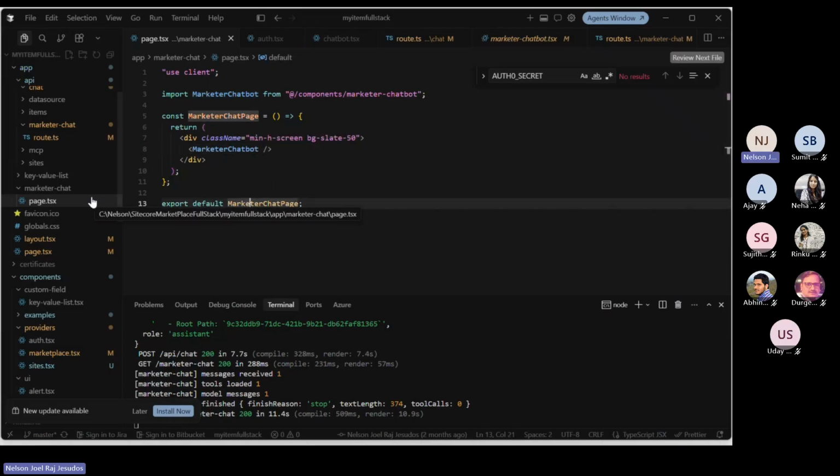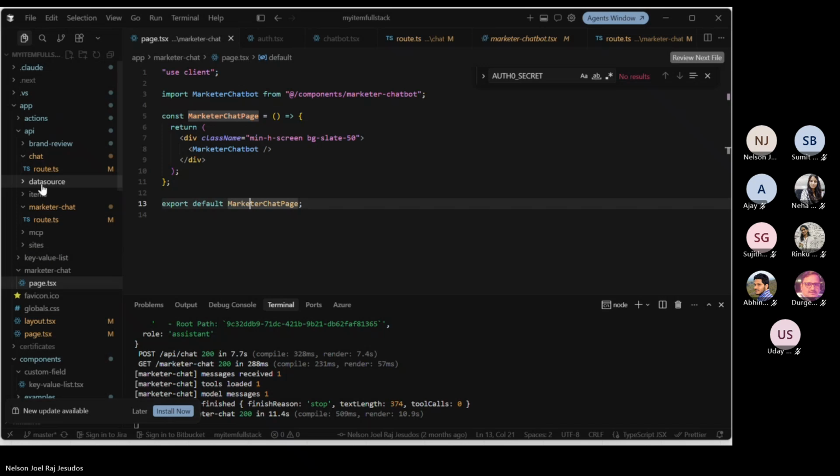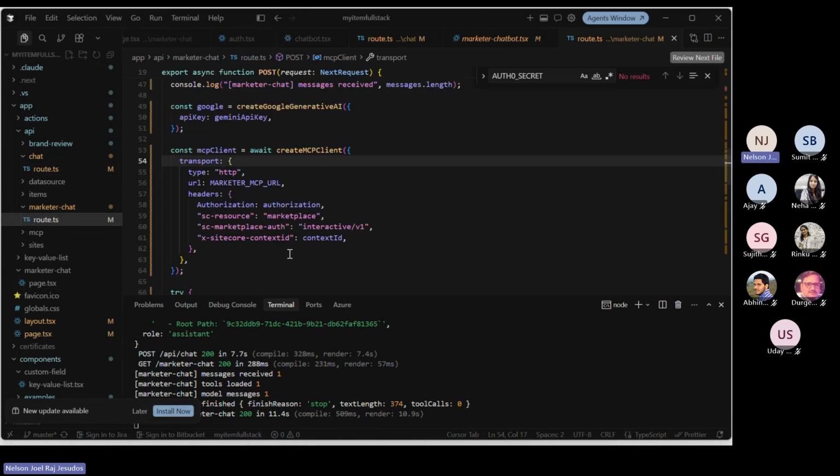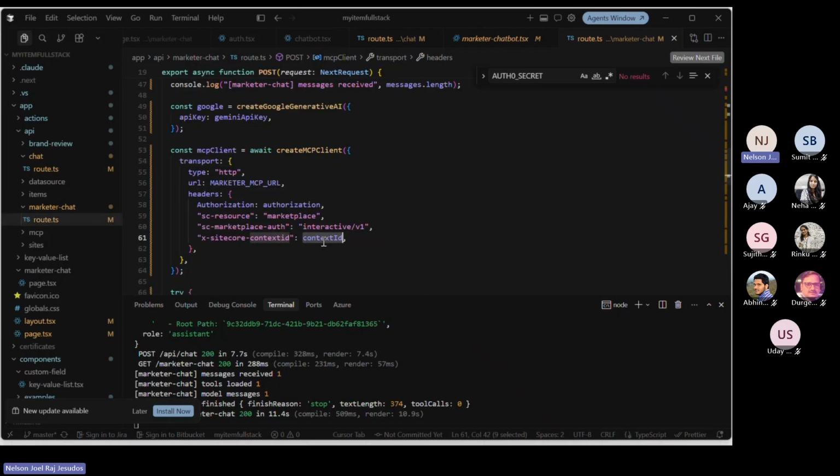So wait a minute. This client, it should be here. Okay, so this is the parameter which I'm talking about. So Sitecore's inbuilt connection to the MCP server is basically this information I just need to pass. Okay, so as I mentioned, I just need to pass my context ID, which is this one, and everyone knows